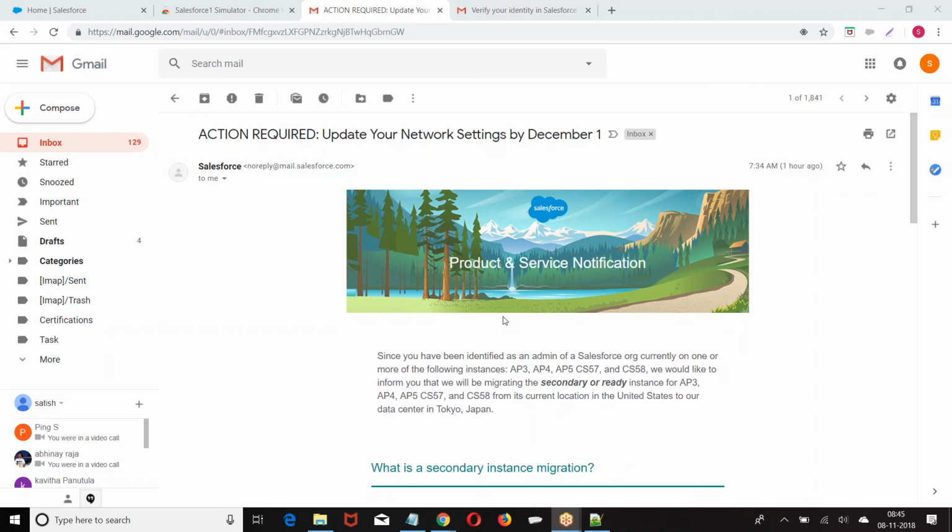Initially they give some free space based on the number of licenses you have taken. If you feel the space is not sufficient, you can move to purchasing more space on Salesforce. Okay, yes. Thank you.